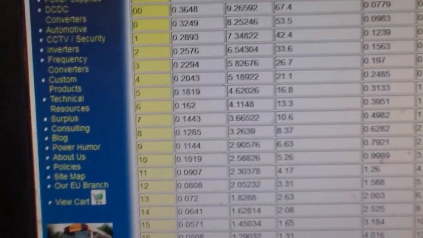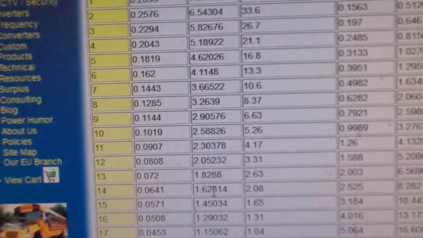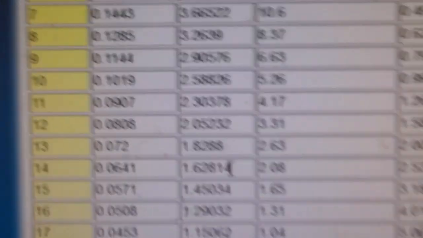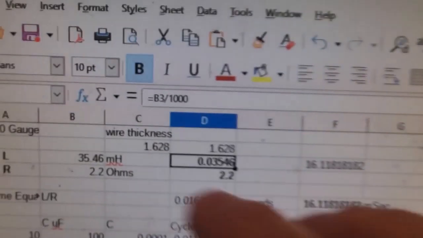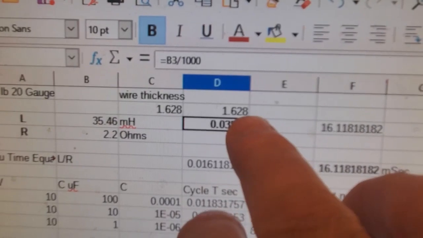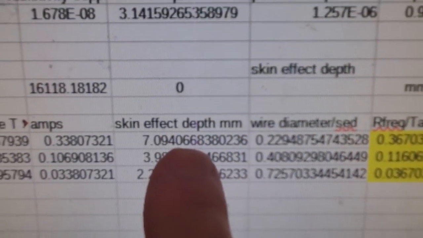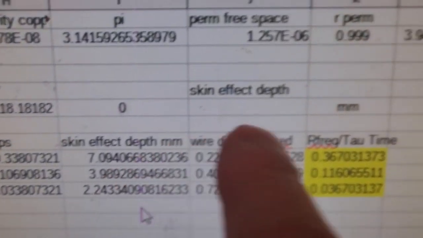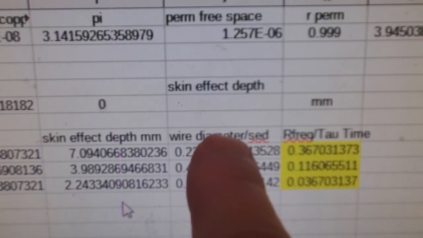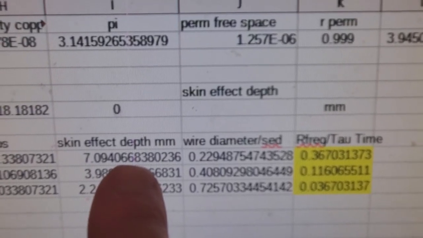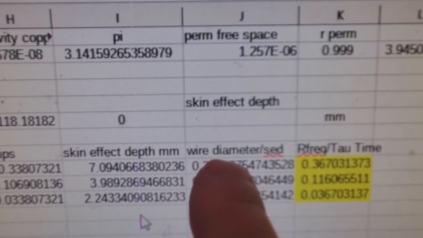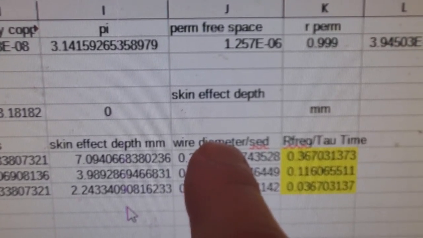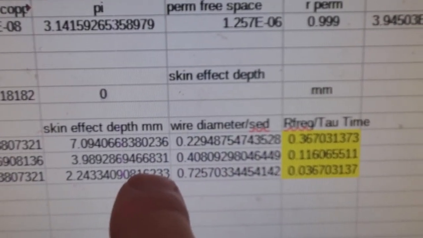What did we say there? 1.628. So now I put that 1.628 back in there. That's your wire thickness, and this is your skin effect depth. And then this is the wire diameter, the wire thickness, divided by the skin effect depth. And see, it's 0.22. So if this reached 1, and it's getting close there with the 1 UF,